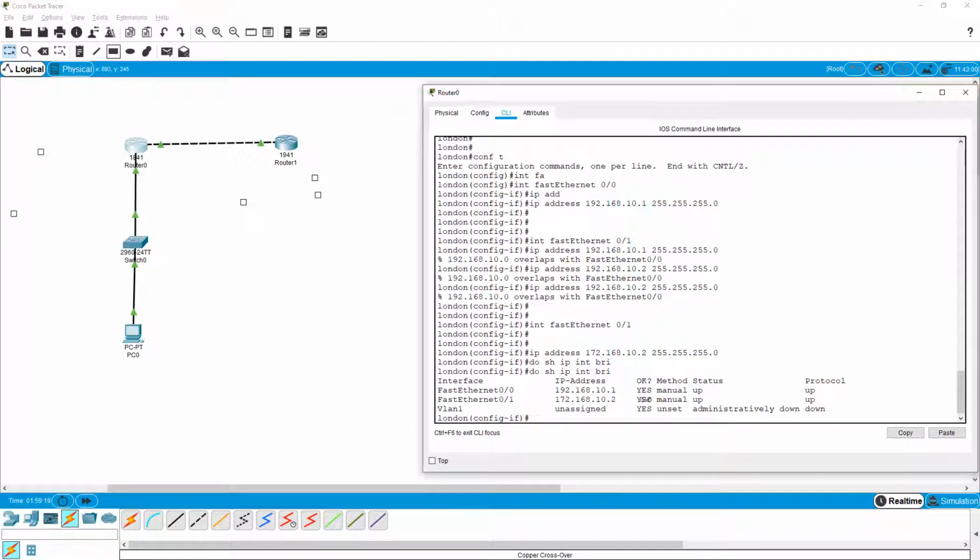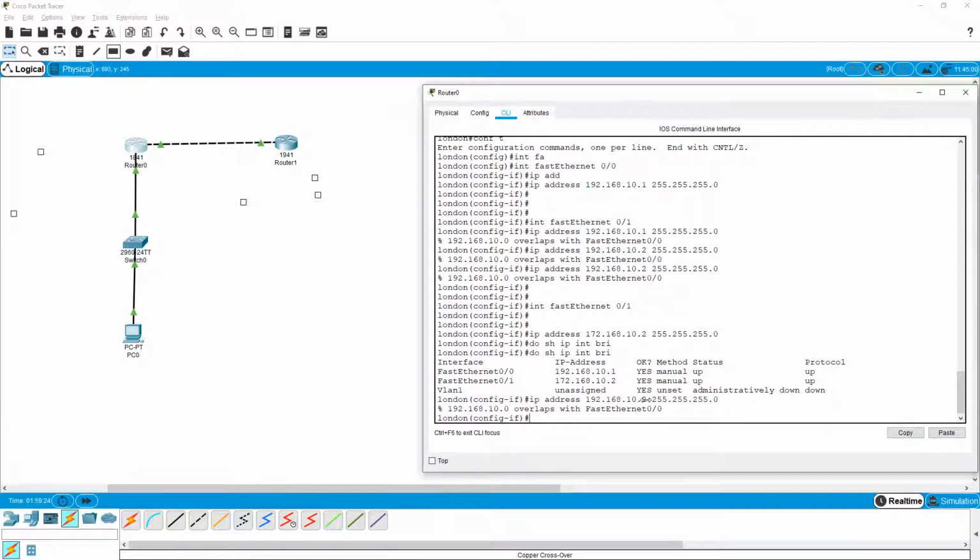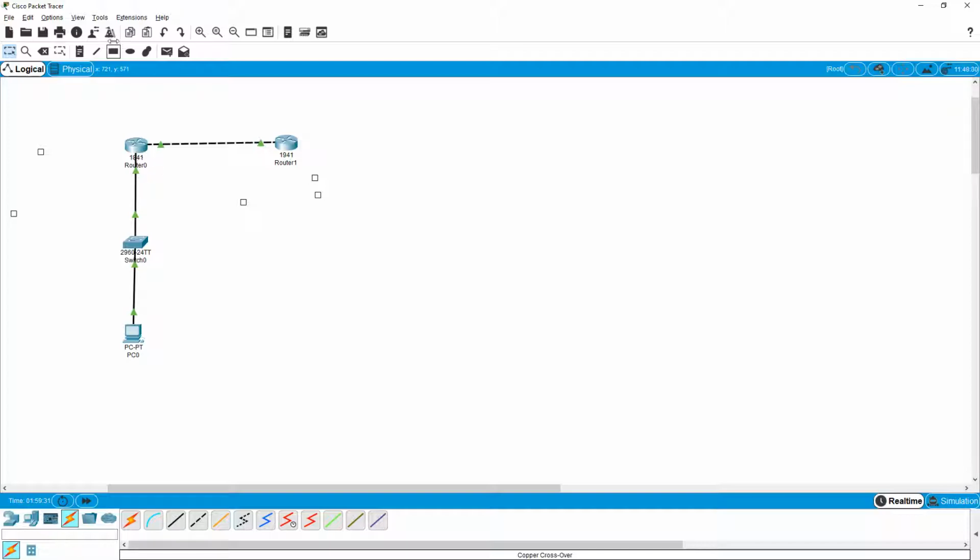But anytime you want to go to this, I cannot do this. So basically, if I assign an IP address on this side, 192.168, on this interface actually, I cannot assign the same on the other interface.